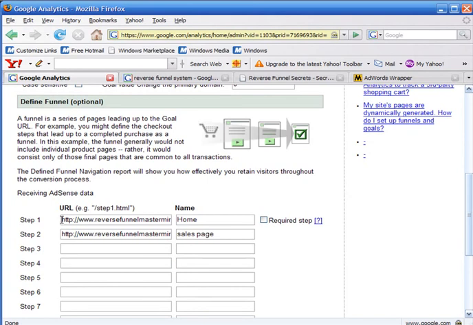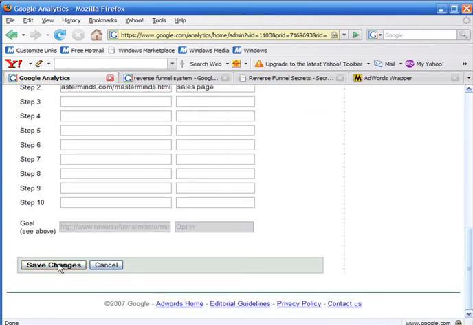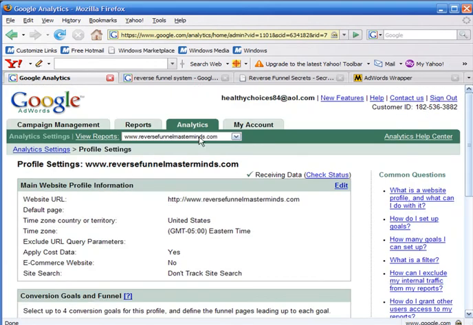So in order for that to be counted as an opt-in, first they need to come to reversefunnelmasterminds.com. And once they come to reversefunnelmasterminds.com, the next step they have to hit is reversefunnelmasterminds.com/masterminds.html, and that defines the opt-in. And then we save those changes, and boom, we have our opt-in. Now Google is tracking everything. So if we go to view reports,